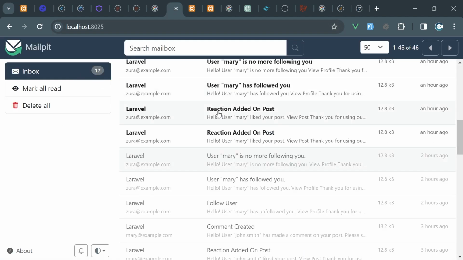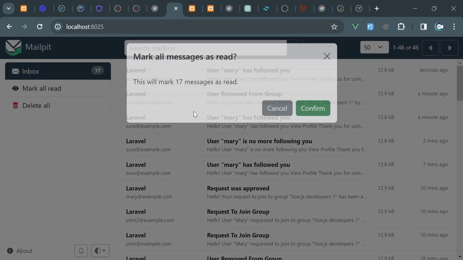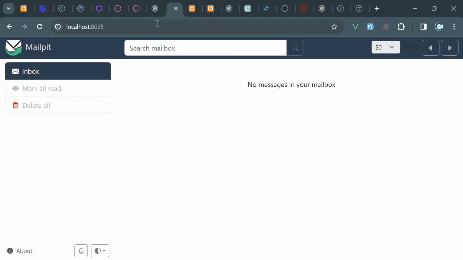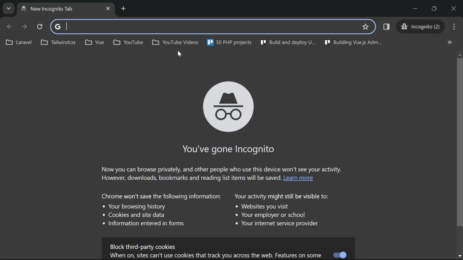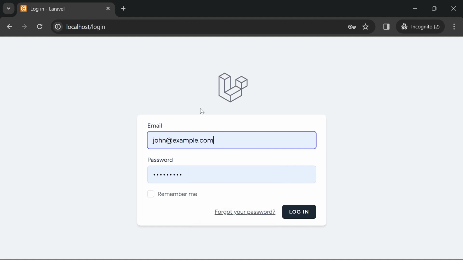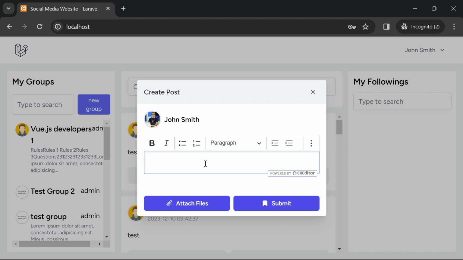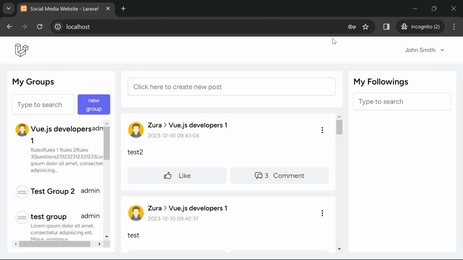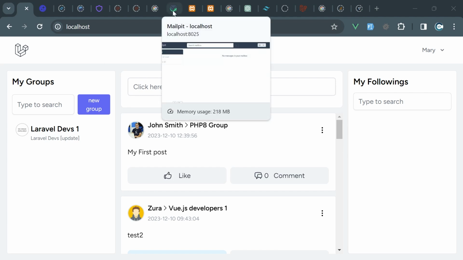We have 17 emails. User removed, user edit. Let me mark, actually let's just delete everything. What I'm going to do now is I'm going to open the application in incognito, and I'm going to actually log in as John at example.com. Okay, and I'm going to make this global new post. I'm going to hit on submit. I'm going to move this on the left screen, and